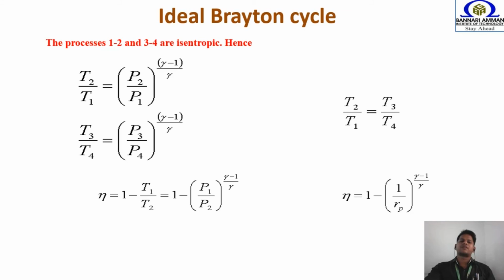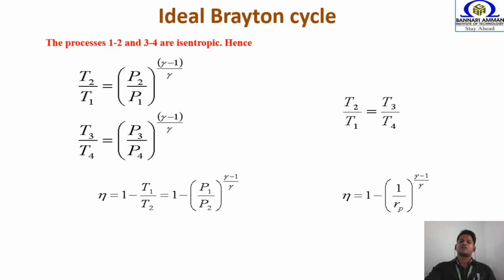As we all know the PVT relations for isentropic compression and isentropic expansion processes, right? We have the PV relation, TV relation, and TP relation. You already studied this concept in your previous semester. By utilizing those concepts, you can easily convert this temperature ratio into pressure ratio. So finally, instead of this temperature limit, now we are introducing the concept which is called RP, pressure ratio.